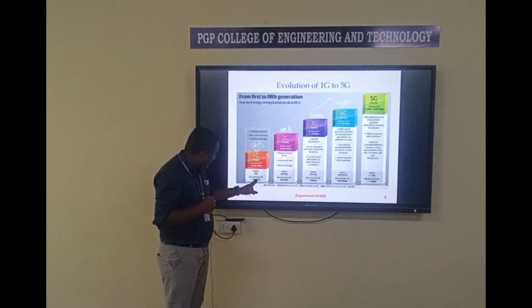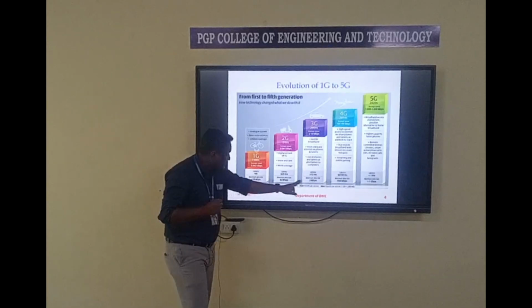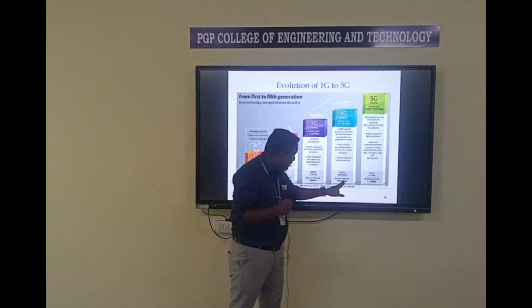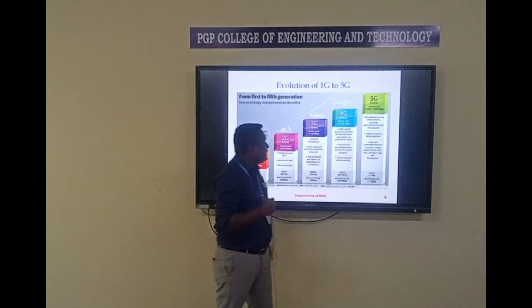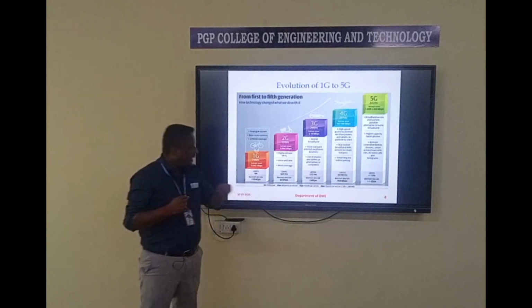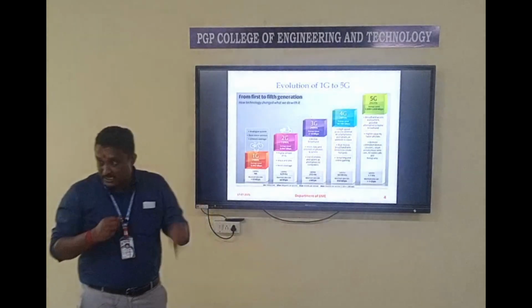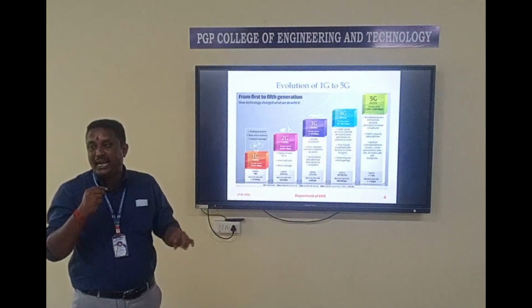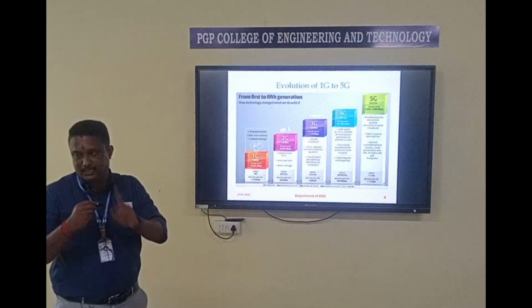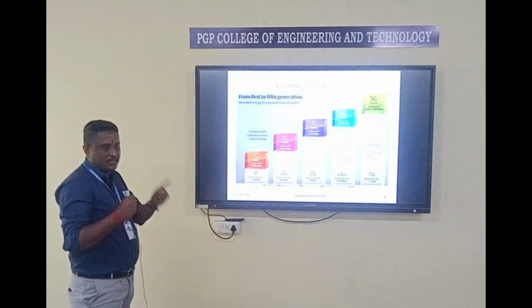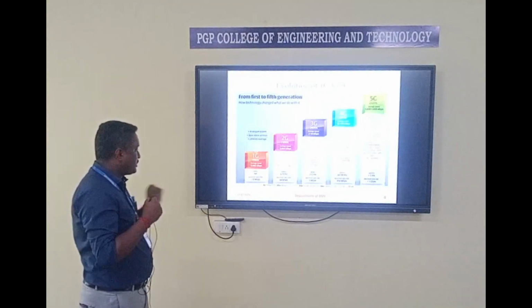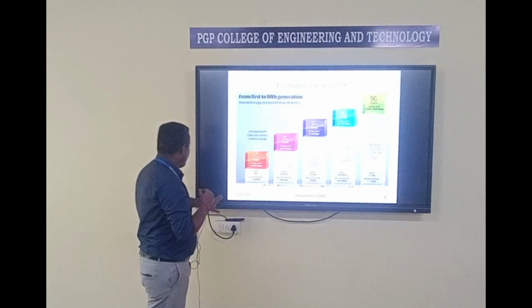Here it is less than 10 Mbps, 64 Mbps, 2 Mbps, 450 Mbps, and after that 5G is expected to reach greater than 1 Gbps. In 6G, researchers are also saying 1 terabit per second. 1 terabit per second, that is the speed. The downloading speed is also being discussed for 6G technology.